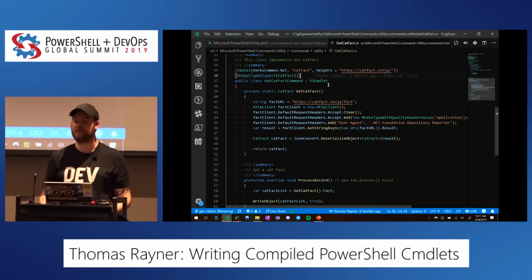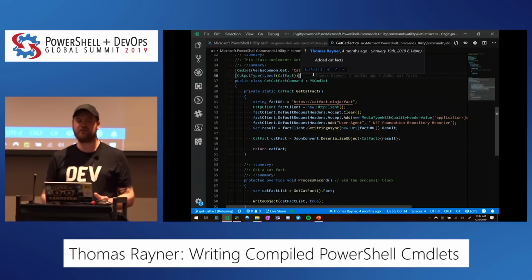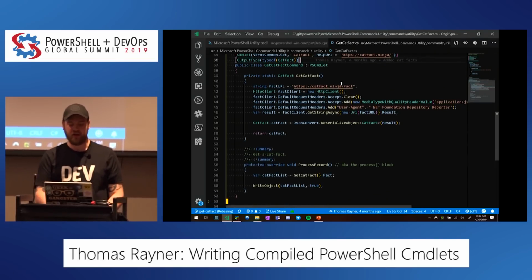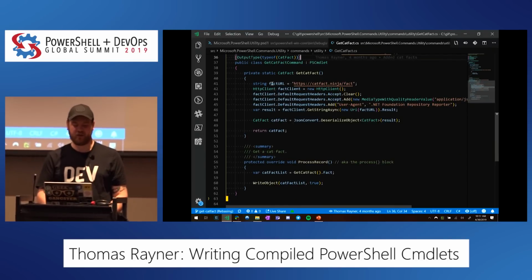This is all stuff that we've pretty much seen. Like, the output type is new, but you're familiar with that kind of thing from PowerShell, not blowing any minds, right? Get-CatFact is going to do a fact URL. This is the API that we're hitting. And it's going to do a few things that, to be honest, I'm not entirely sure are necessary because I stole this code